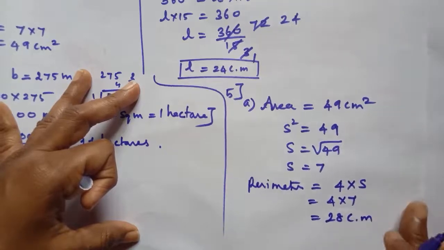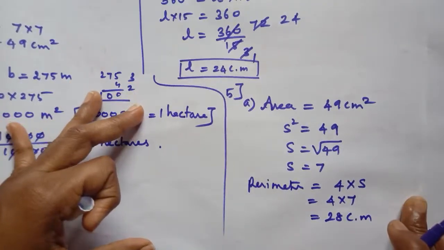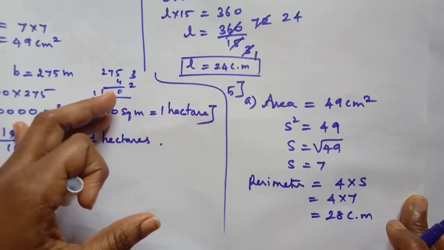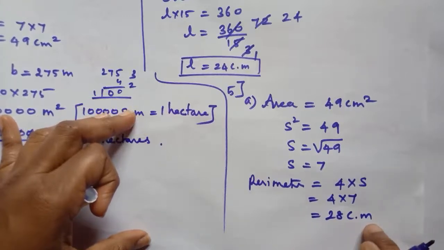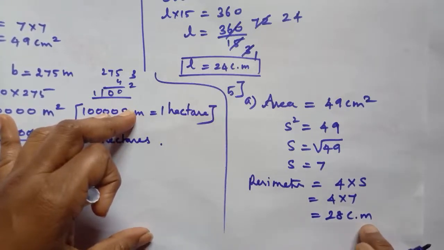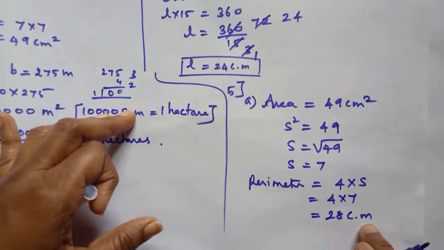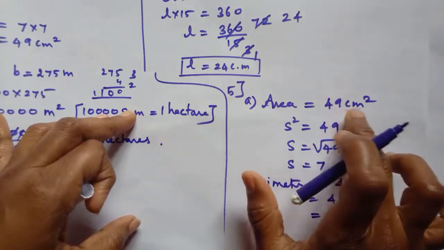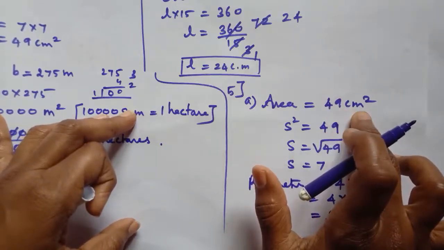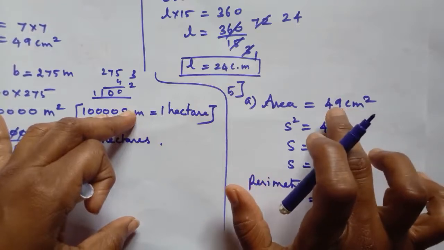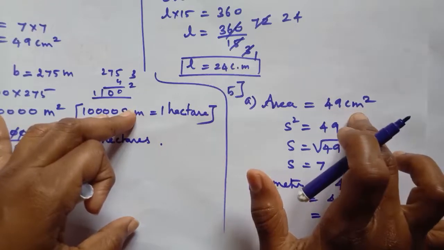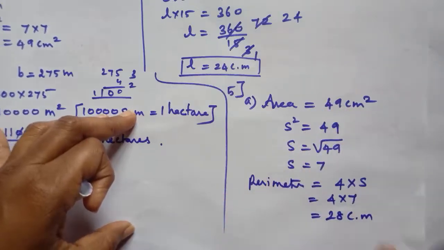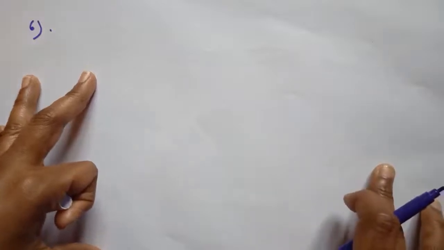28 centimeter. Students, listen here, one important thing. When we write perimeter, you should write only the unit. But when we mention the area, you should put the measurement with square units. Is it clear? You should put the answer with square units. For perimeter, you can write the unit only. Is it clear, students? Good.